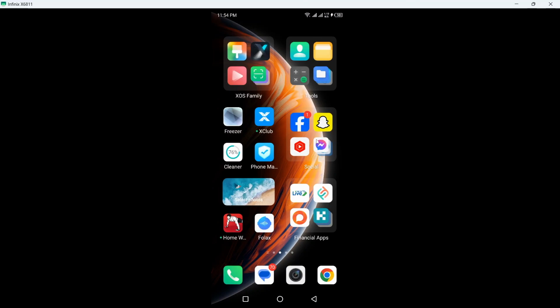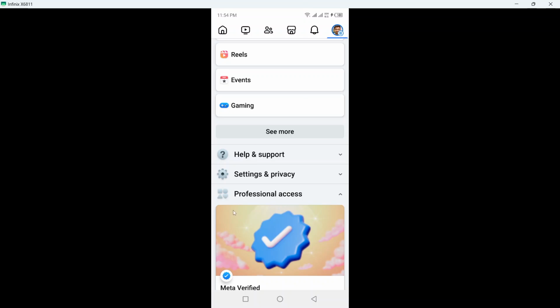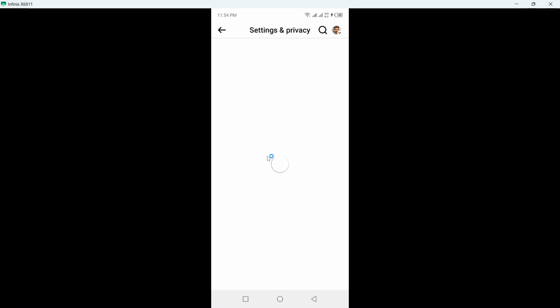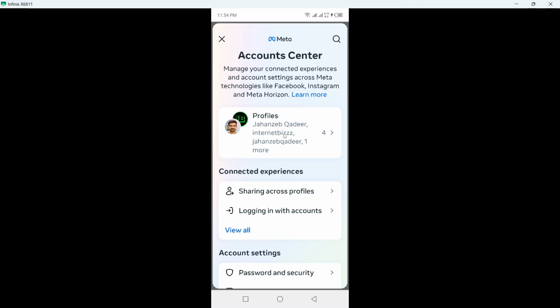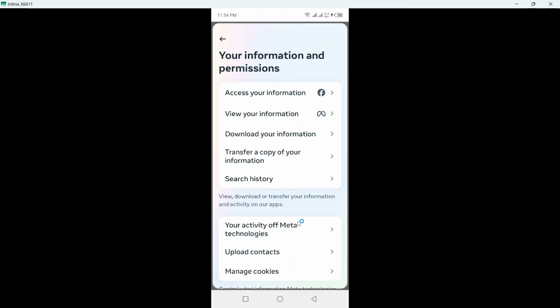So the first step you need to do is to open the Facebook application and click on your profile picture on the top right. Once you are here, you simply need to scroll down and click on settings and privacy. Click on settings, and once you are here, click on see more in account center. Okay, and here you can see your information and permissions. Click on that. Click on download your information,